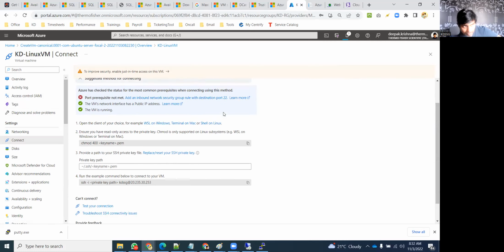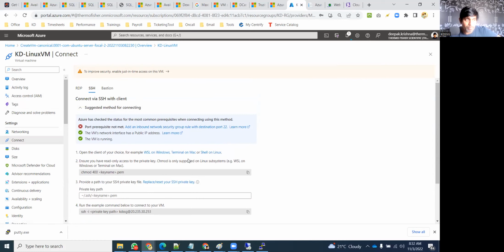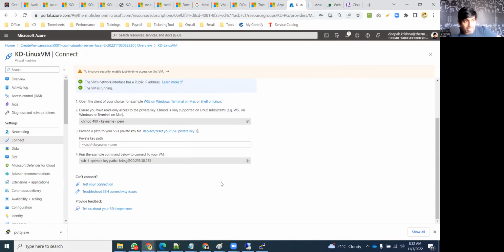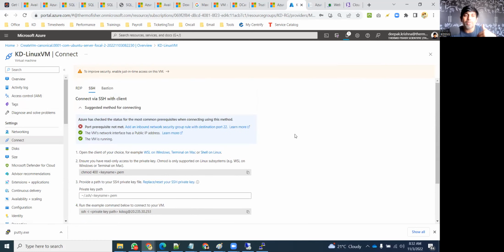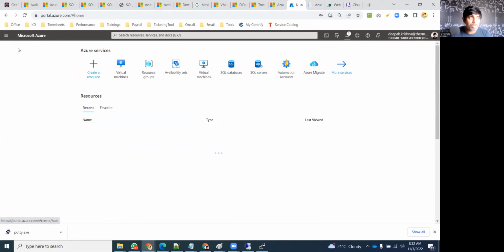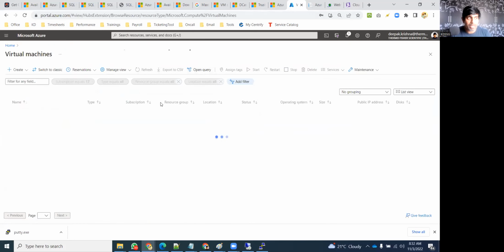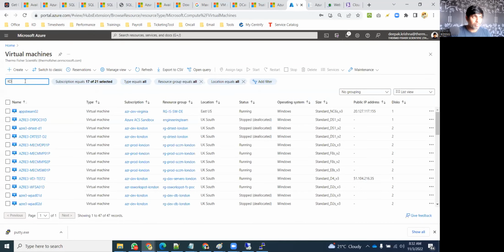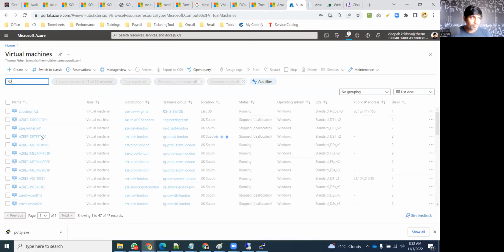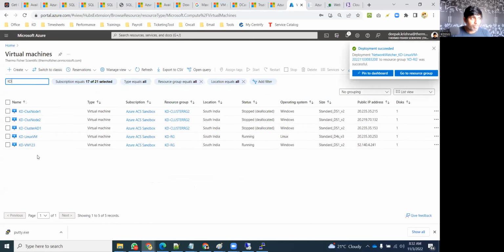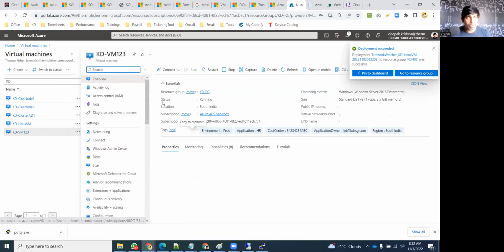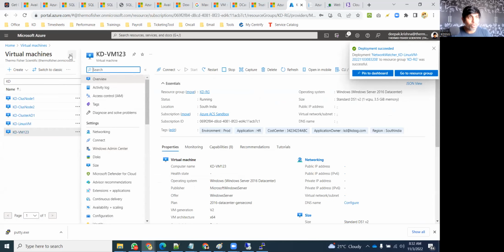You can connect from here also, sir, from this prompt. But there are some challenges, some things you need to do. That's why I was trying to give the easy options first. We will see all these options later. Now let's go to the Windows machine, sir, the Windows virtual machine which we created just now. This is Windows VM 1, 2, 3. Here also, if you go to connect,